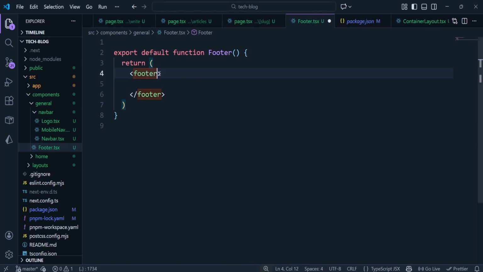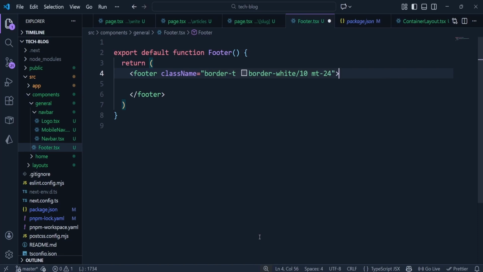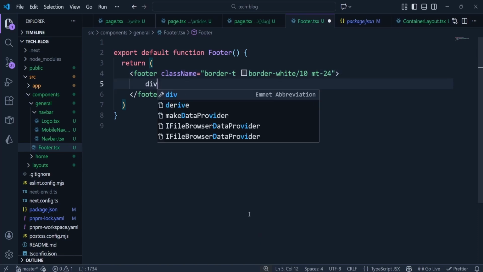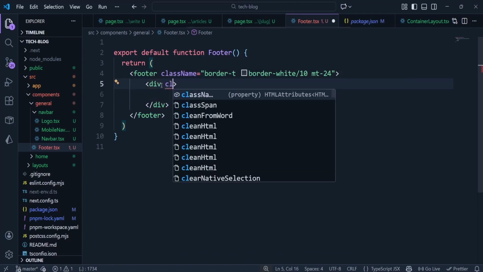We're going to add some Tailwind classes to this footer. I'll give it a border of top, a border white, and then we'll reduce the transparency to 10, and a margin top of 24. Then inside this footer tag, we're going to create a div which is going to have some Tailwind classes, a